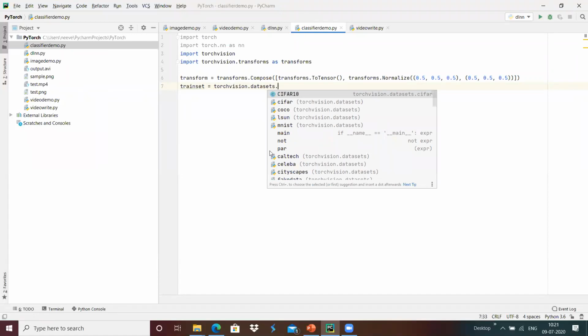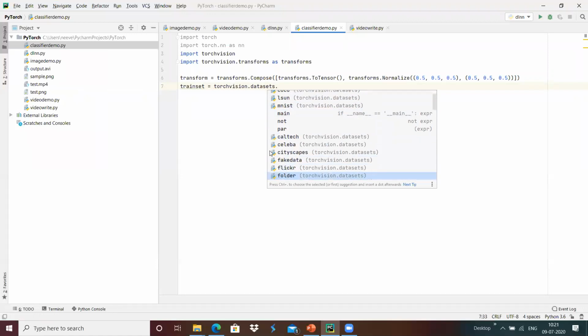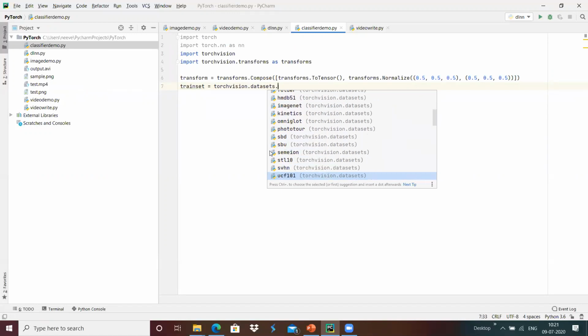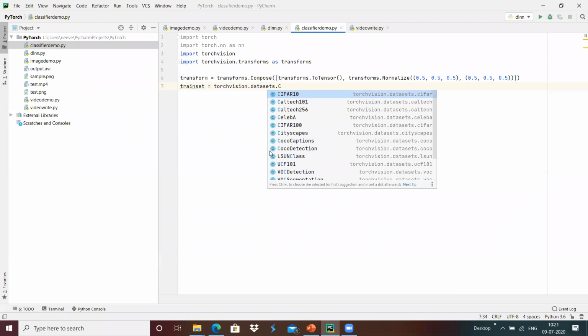For example, CIFAR10 is a dataset, and we have ImageNet as one dataset, and Kinetics is another dataset, and there are different datasets that we can use according to our requirement. Here we are taking a simple dataset, CIFAR10. For example, here we have CIFAR100, which has 100 categories, 100 classes of image dataset.